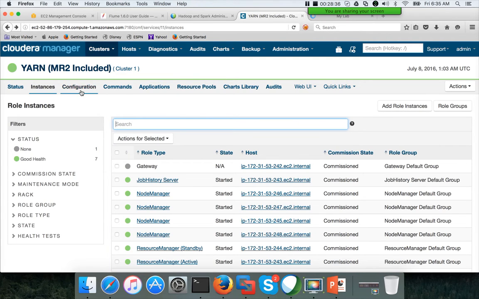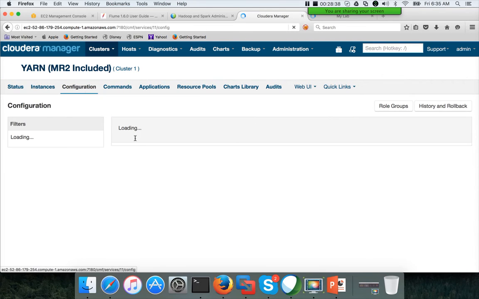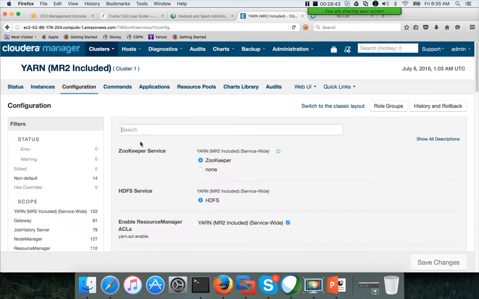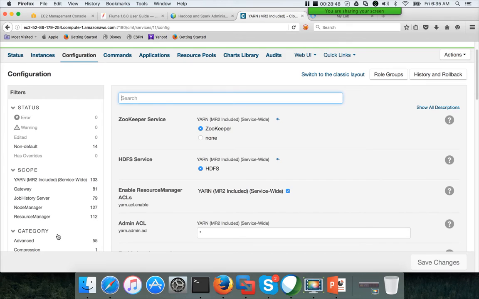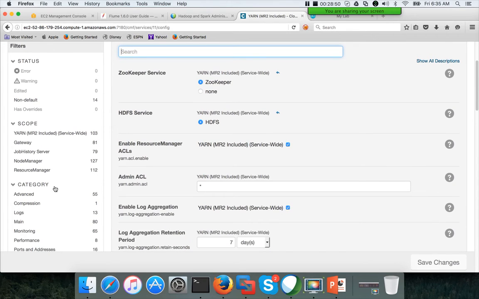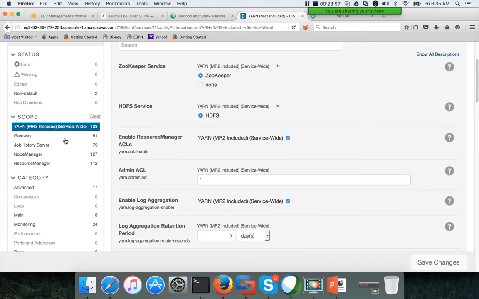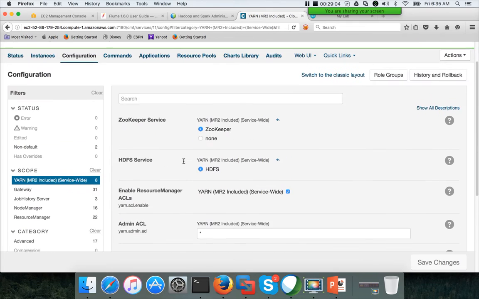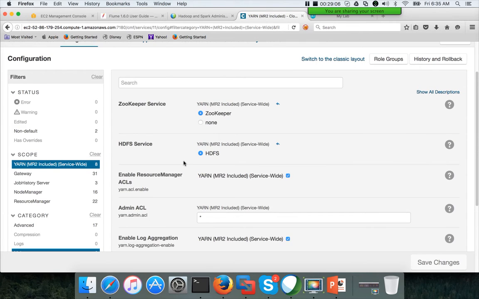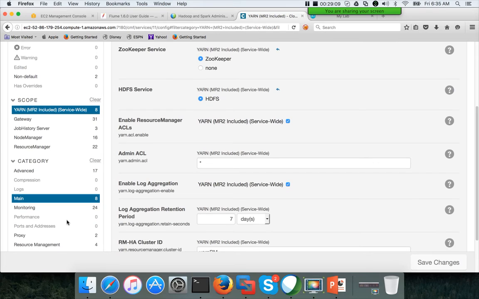If you want to change the configurations, you have to click on the configuration and then search for the parameters and make the modifications. Or if you understand the scope and categories in detail, you can use these to change the parameters. In this case, if I want to change the memory parameters, I can choose YARN and then click on main. Let me see if it has any memory related configurations here. There are no memory related configurations, so this is not the right one.